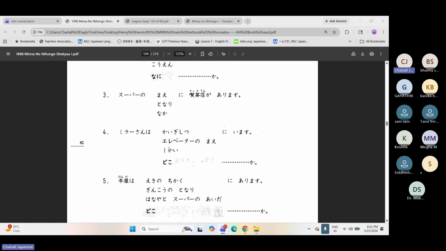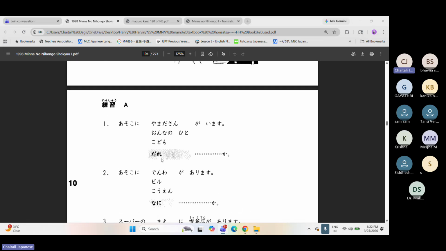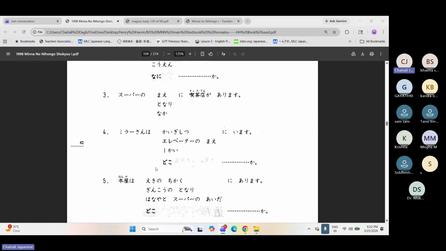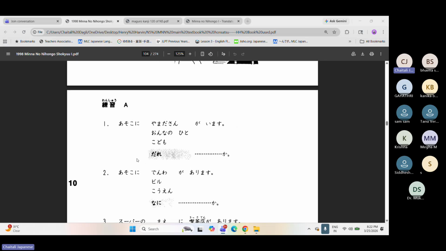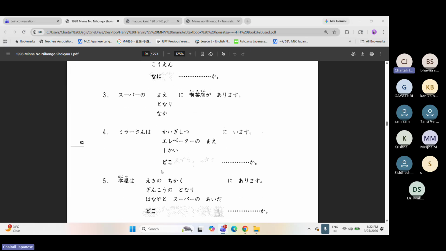Okay. The question here you can ask is Doko, where is Mira-san? Mira-san kahan par hai? So you tell the exact location. Where is Mira-san? You give them the exact location. As you can see here, the questions are different. Who and where? Dare is who. So asoko ni dare ga imasu ka? So who is that? Who is there? And this will be where is Mira-san? Am I clear, everyone? And Nani is fourth, right? Nani.